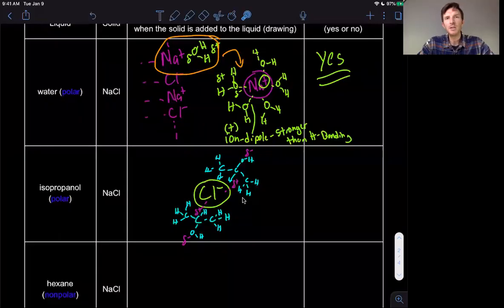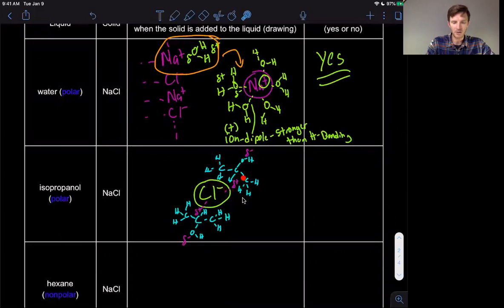So now hopefully we had a chance to draw out what we think those types of interactions would be. And again, we have this polar molecule, but not as polar as water, of isopropanol interacting with the negative ion of our chloride ion. And so hopefully what we were able to see is this side of our molecule where we have